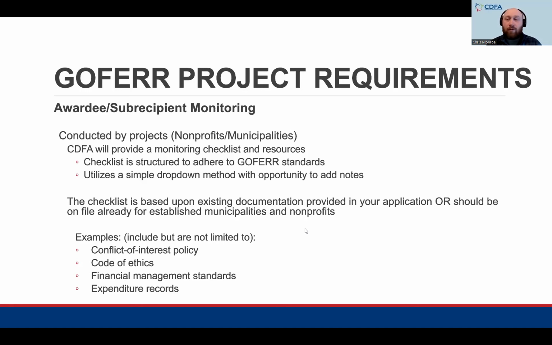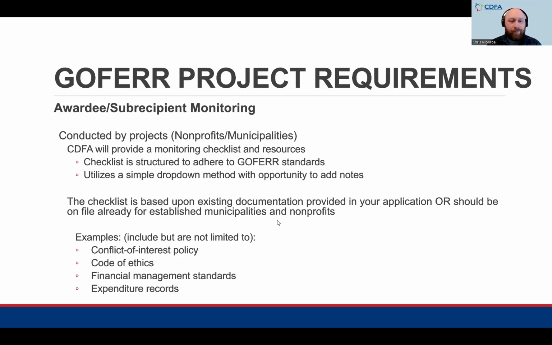And we've included a screenshot of the monitoring checklist and a few slides that we can review. But the governor's office provided us with toolkits and checklists and a lot of other things that we're tailoring our guidance to in hopes of making it as streamlined a process as possible. And of course, we're always happy to answer any additional questions or work with you offline to go